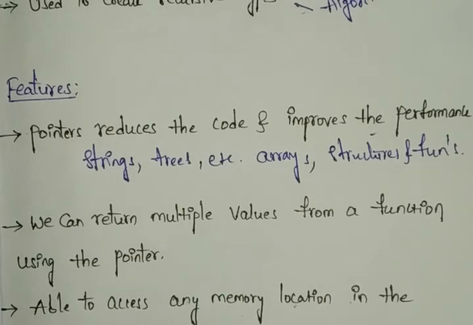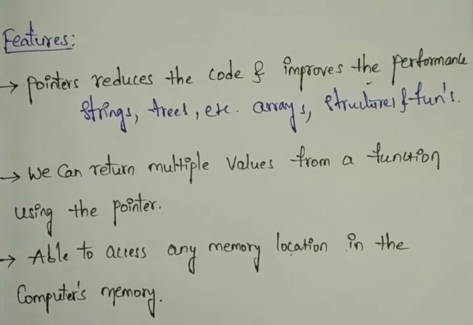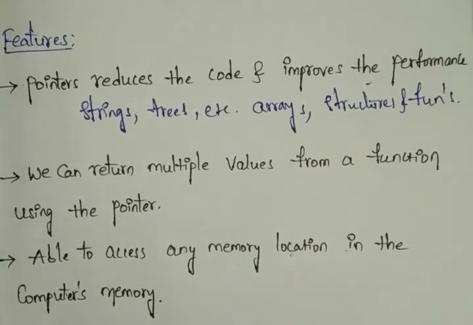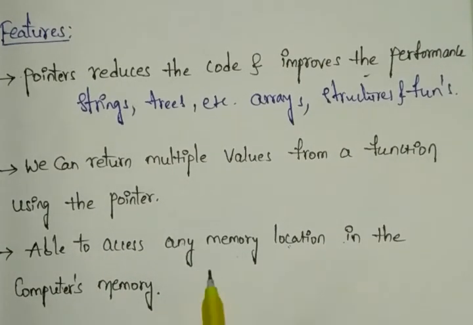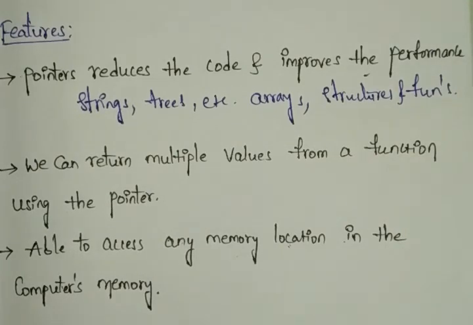So it means we are not defining only one function in the program. We can use multiple functions in our program, that is possible. So if you are defining them, you can also use your pointer. Okay, and a pointer also makes it able to access any memory location in our computer's memory. So it is not that you must say this is what I need or this is what I want. Whatever the computer memory is given, that is directly accessible. Okay, so like this our pointers work.